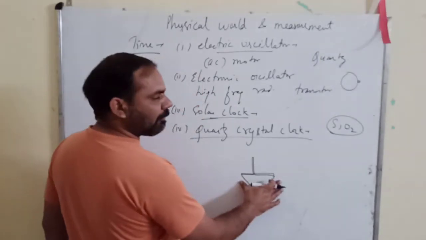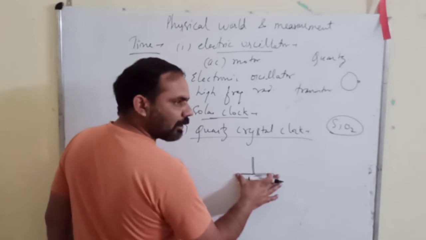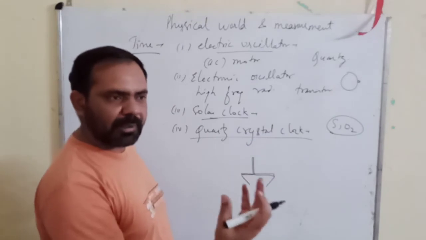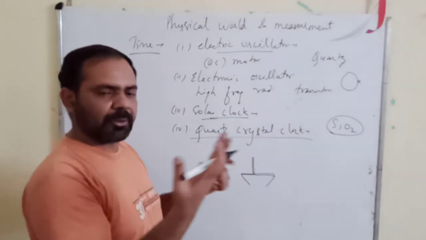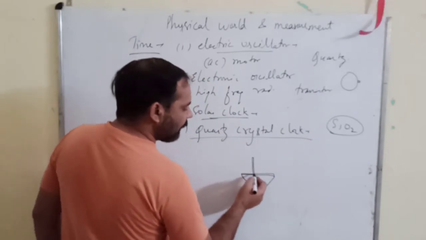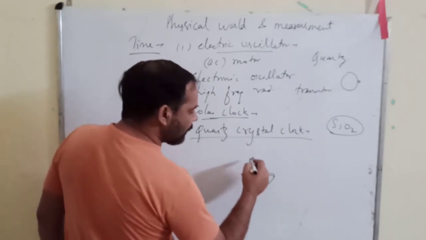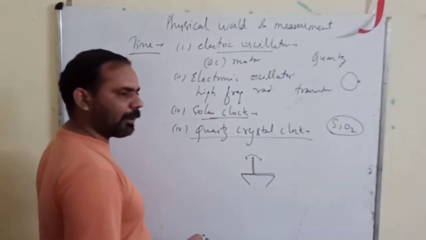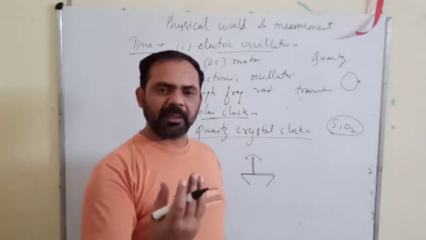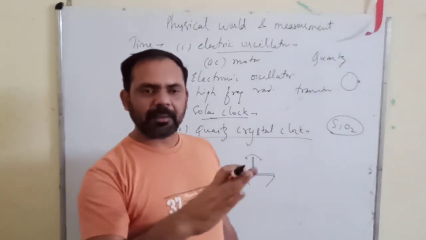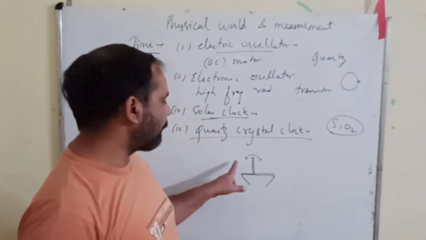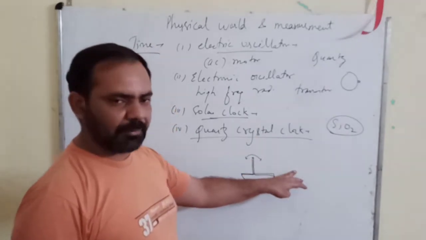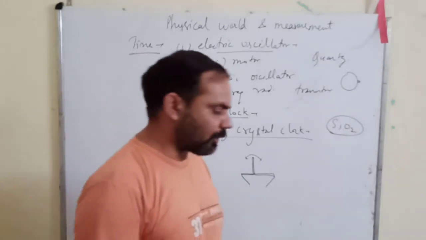When a varying pressure is applied on these strips, they generate an EMF. They generate a voltage. Voltage leads to the production of current. Due to that voltage, this third strip starts oscillating like this. And if oscillation is taking place, then you have a phenomenon which is repeating itself, and that can be used to measure the time. So with the help of this quartz crystal clock and making use of the piezoelectric effect, we can measure the time. That is your quartz clock.